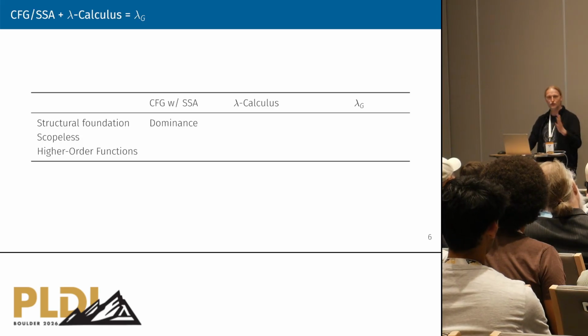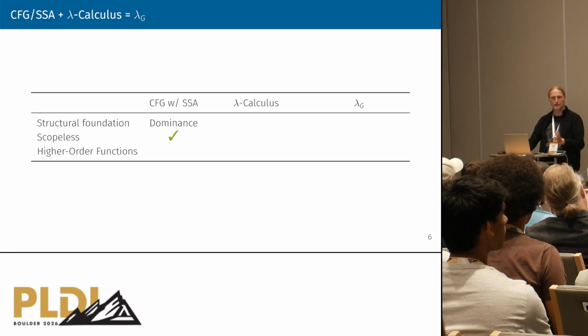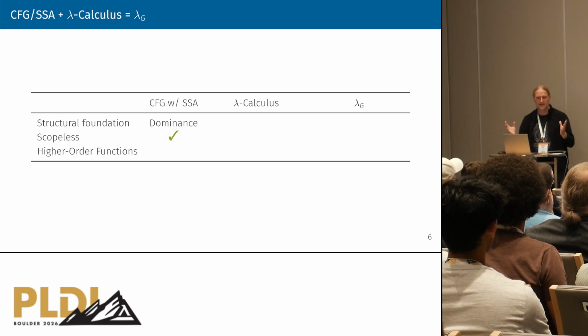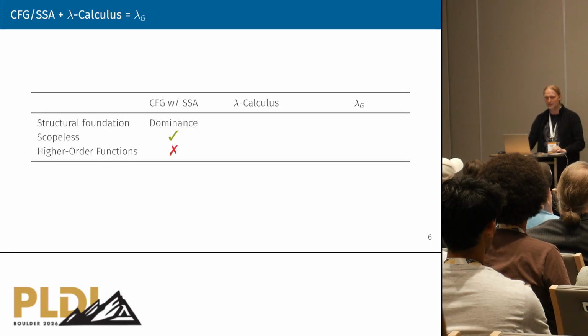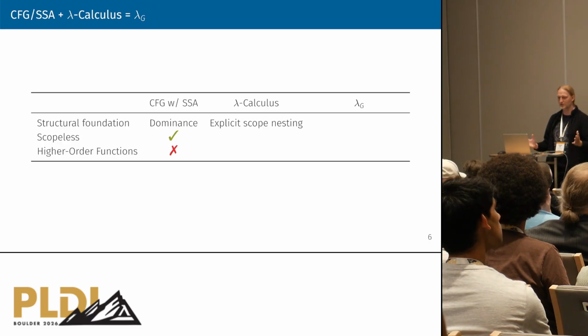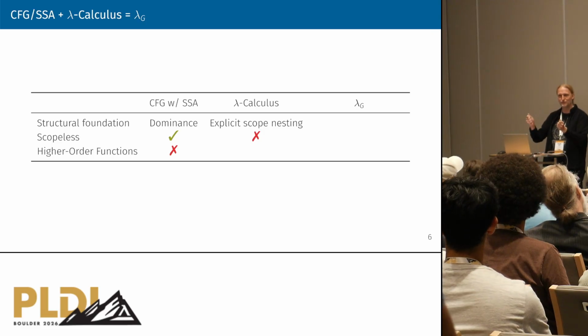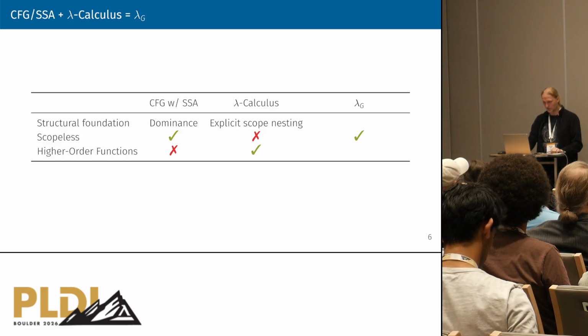Now as a little recap of what we've talked about so far. For control flow graphs in SSA form, we have dominance as a structural foundation, and we're using basic blocks all over the place. We don't worry about syntactic scoping or anything like that because this dominance property tells us whether the use of a variable makes sense. The downside of that is that we at least directly cannot support higher order functions. If we use some kind of variant of a lambda calculus, we have an explicit scope nesting, which means that we are not scopeless. So we constantly have to fight the scoping, but we do have support for higher order functions. Now in our work, we